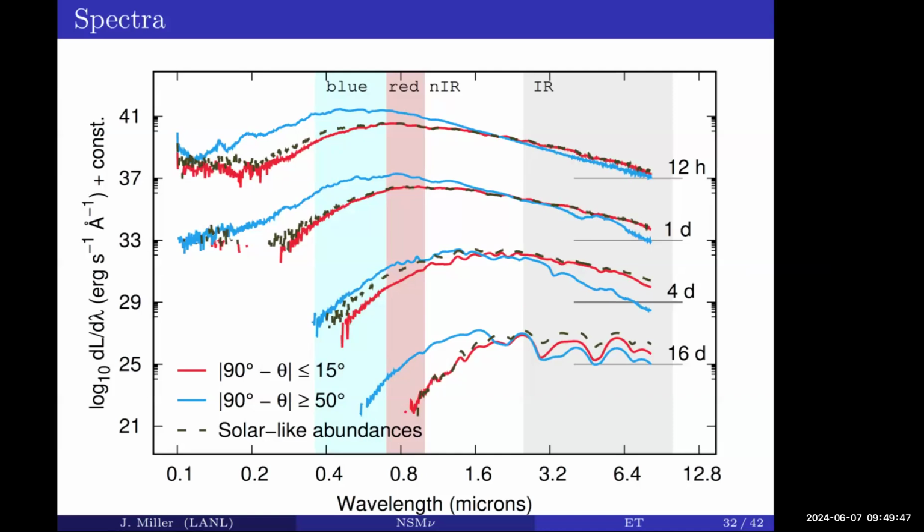These are spectra from a radiation photon transport code post-processed on my simulation, where the x-axis here is wavelength, the y-axis is luminous flux. The curves here are just offset. The heights don't matter. I mean, the height within a curve does, but the relative heights between the curves are not. It's just to show everything on the same plot. The blue curve is the polar outflow, the red is the equatorial,